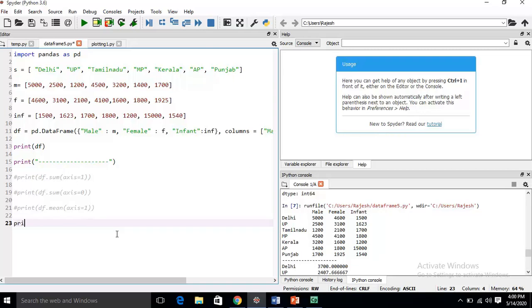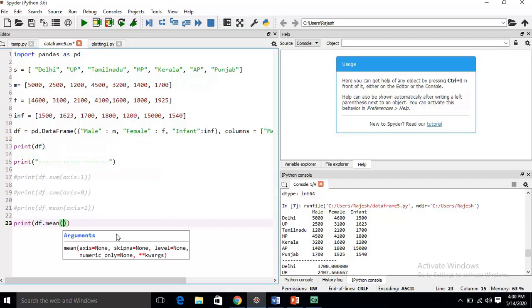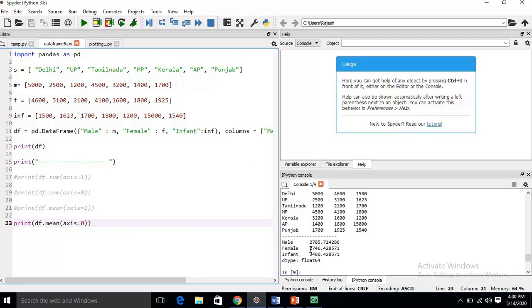That is simple. Print df dot mean, then axis is 0. This is the male, you just see male and then female and then infant.